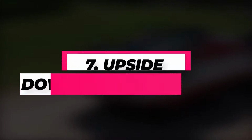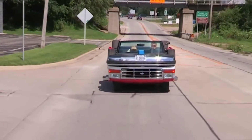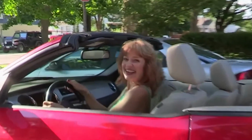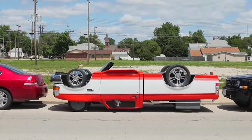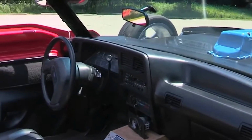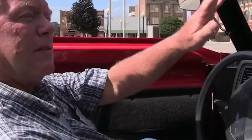7. Upside-down Ford F-150. This insanely strange-looking red and white contraption is exactly what the name describes. It's truly an upside-down Ford, with the wheels on the top of the car. The bumper and headlights are upside down. The side mirrors are on the bottom of the car, and the doors, although flipped over, still open to allow